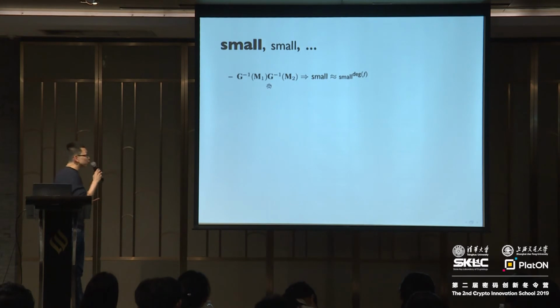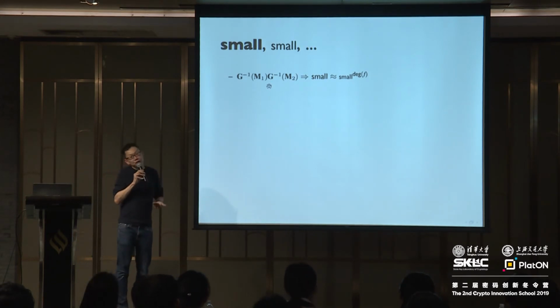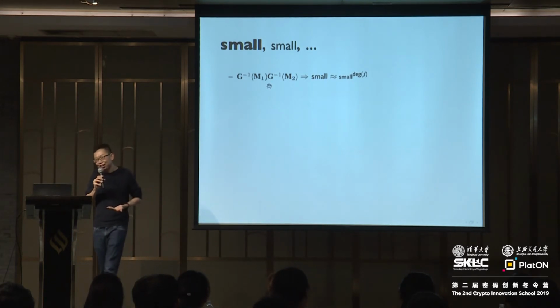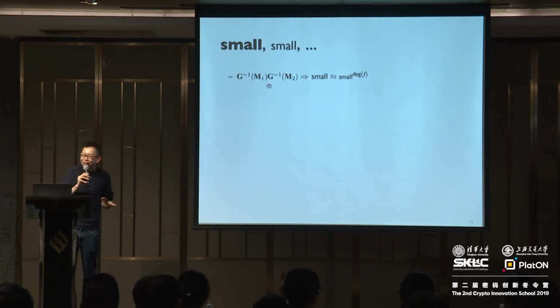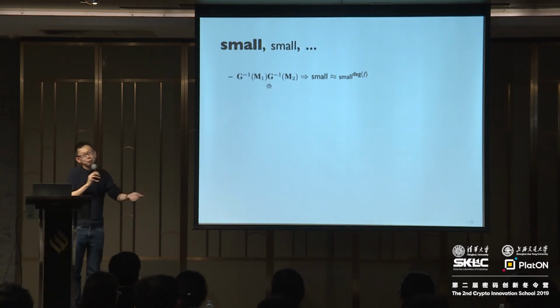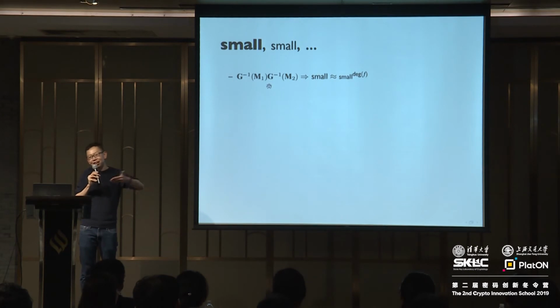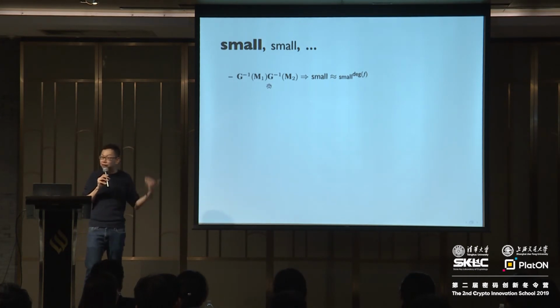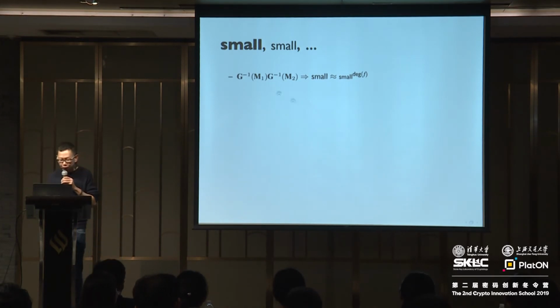And in general, when you try to do a homomorphic evaluation for a degree f polynomial, your small is going to increase exponentially by a factor that depends on the degree of f. Okay, so if you multiply L 0-1 matrices together, then the norm of the new matrix is going to be roughly n to the L, where n is the dimension of the original matrix. Okay, so this is actually a pretty big growth.